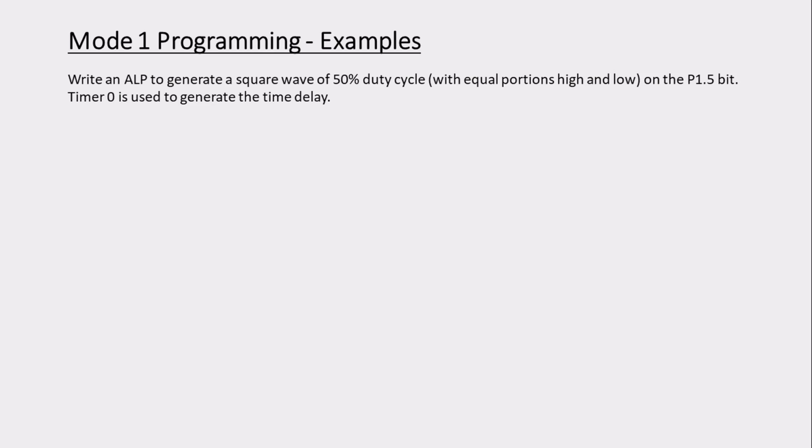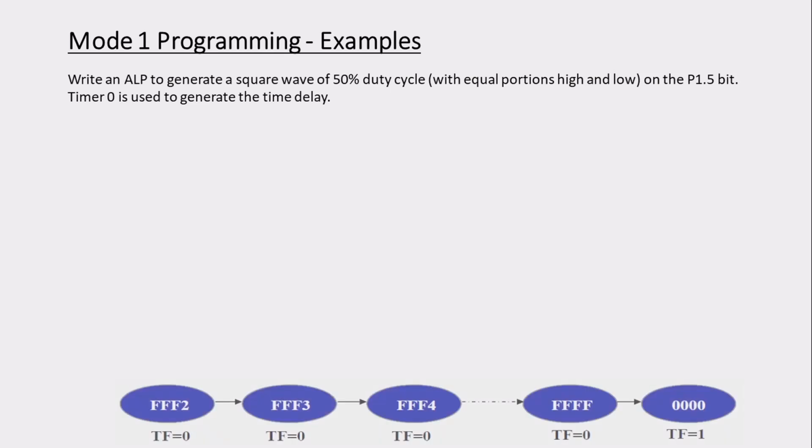So it is just a normal square wave, where we need to generate a square wave with 50% duty cycle. Now let us look, based on the steps we observed in the previous slide, at how we can generate this. The first step is: since they are telling us timer 0 is to be used, I need to load the values to what?